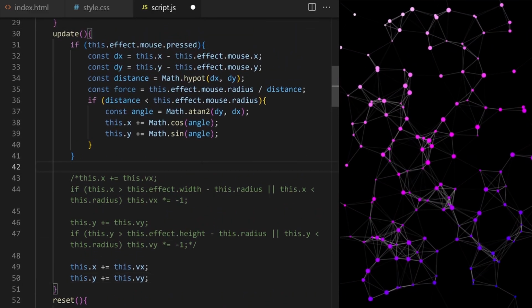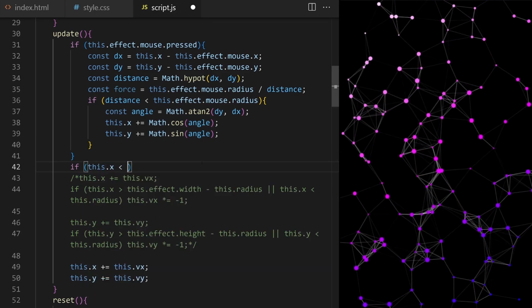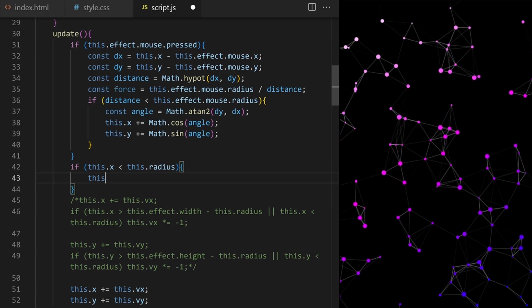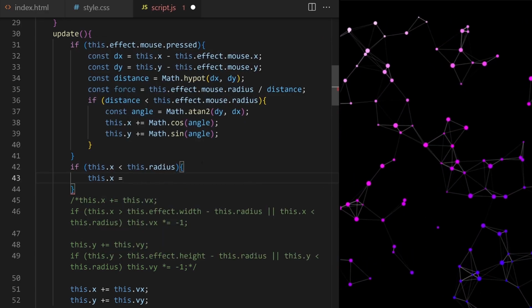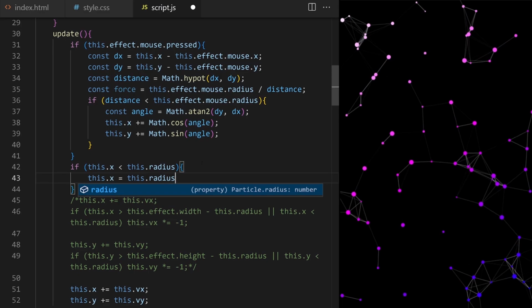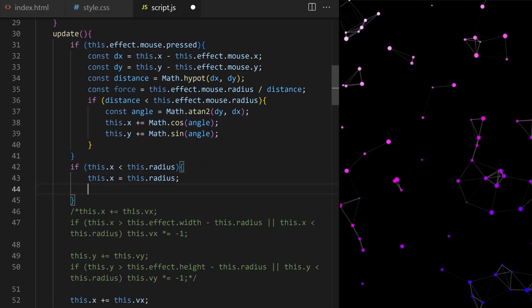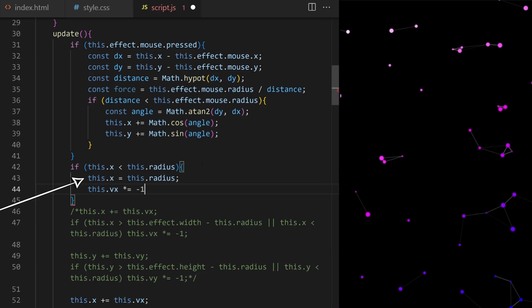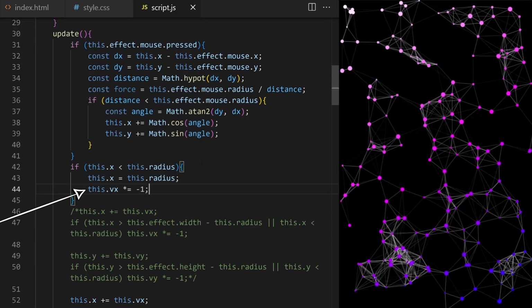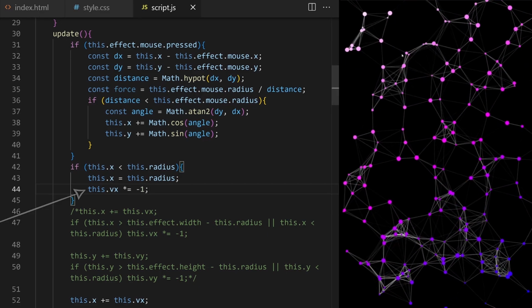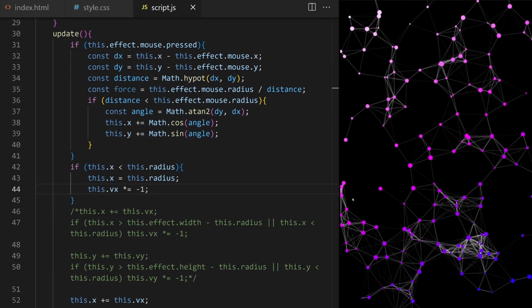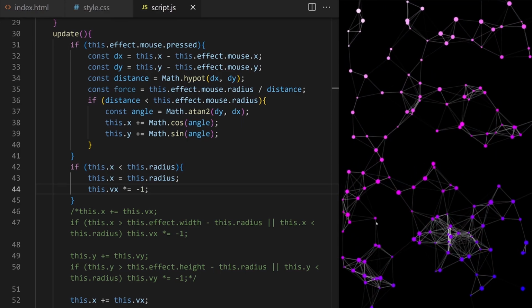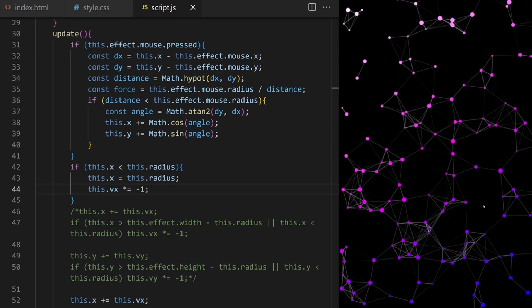I say if the horizontal position of the particle is less than this dot radius, which means the particle circle is touching the left edge of canvas, make sure it can't go any further left. If it was pushed further left by a large force, it doesn't matter because we will set it back to that position exactly on the edge, and we will flip its Vx to the opposite value, making it bounce and making it travel to the right. As you can see, after doing this, we can no longer use mouse to push particles outside of canvas here